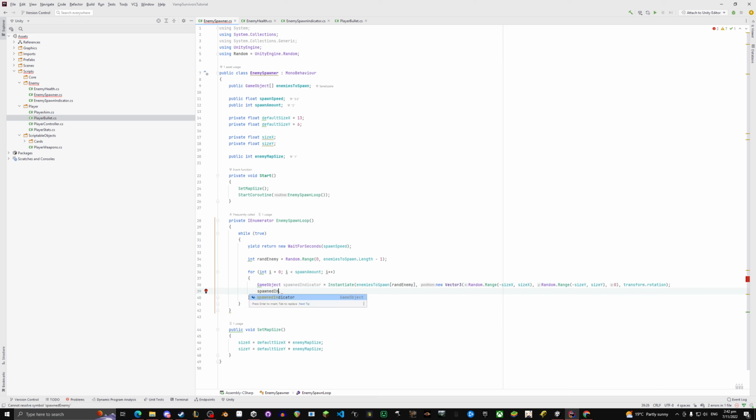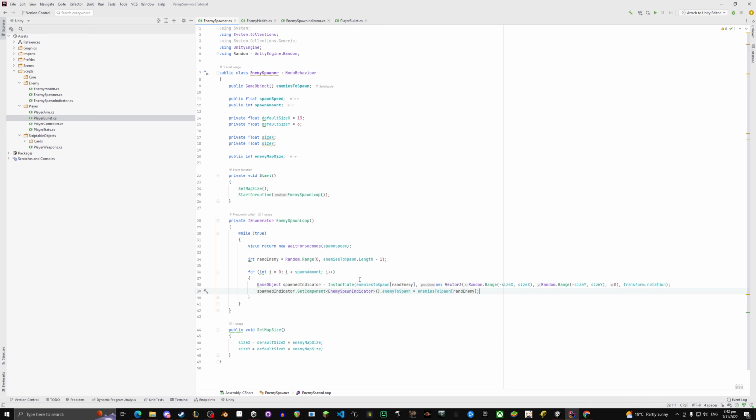Spawned indicator, spawned indicator dot get component enemy spawn indicator dot enemy to spawn equals, and this should actually be that,